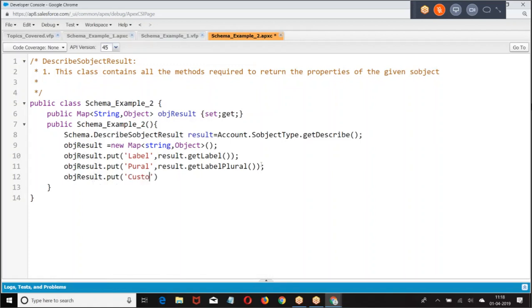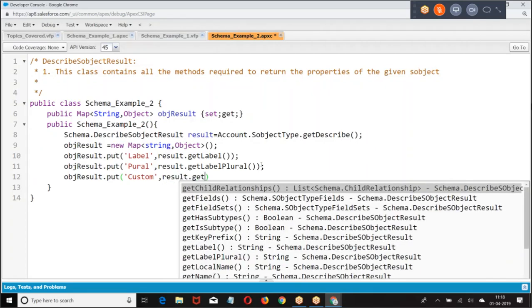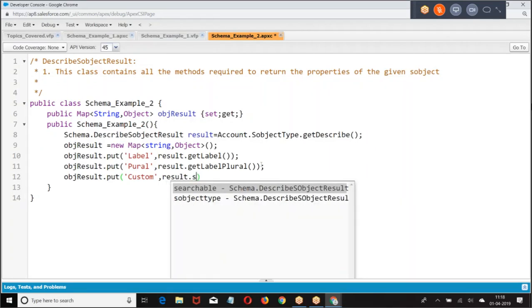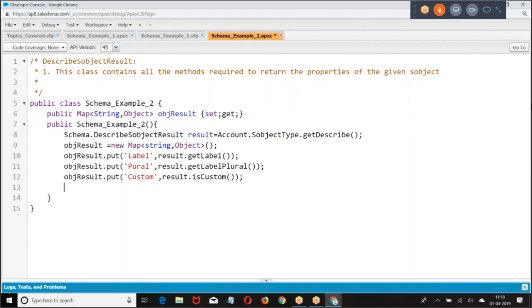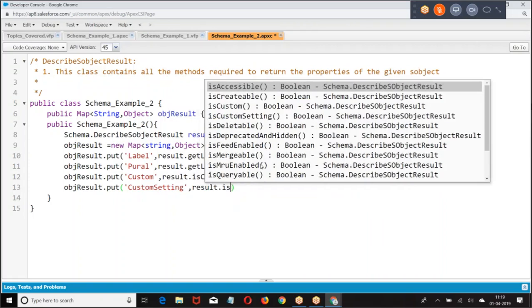Then isCustom, which will give you whether it's a custom object or not. objectResult.put custom setting, result.isCustomSetting.